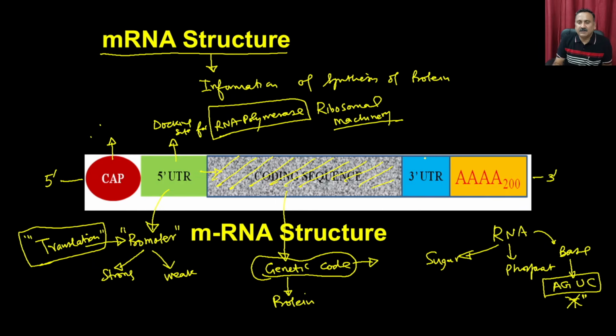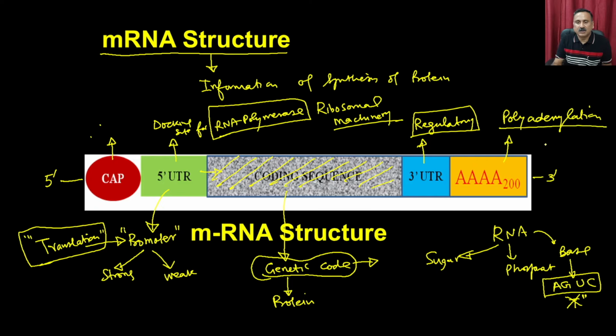And then you also have the 3' UTR. The 3' UTR is the regulatory site, which provides regulation of this whole translation process. And then at the 3' end, you have the polyadenylation site. Polyadenylation is very important, because you can have the addition of A's, starting from 50 to 200. And depending upon the polyadenylation, you decide the age of the messenger RNA,